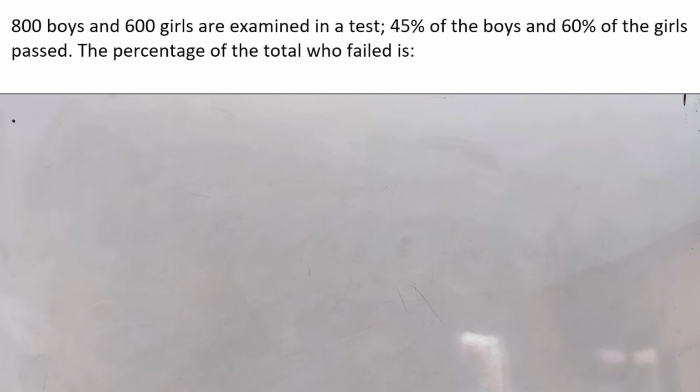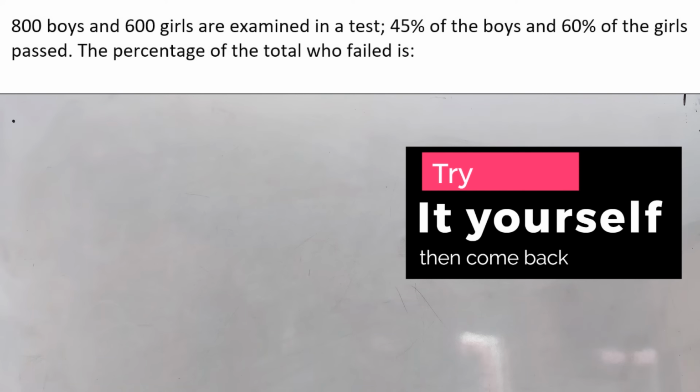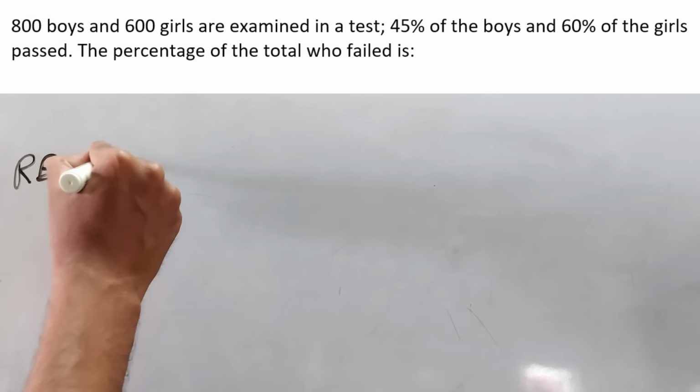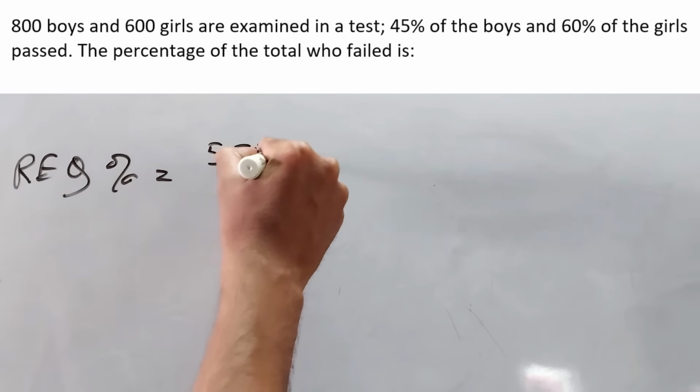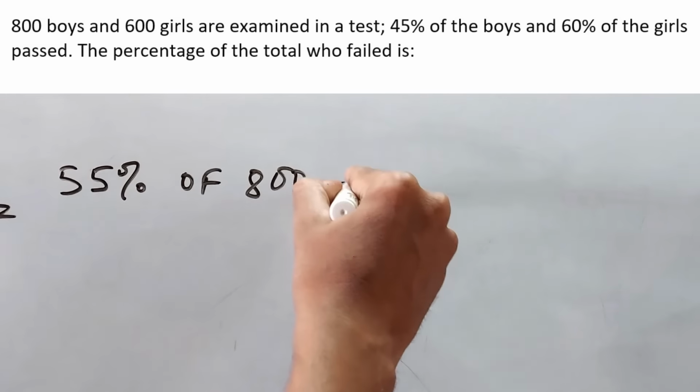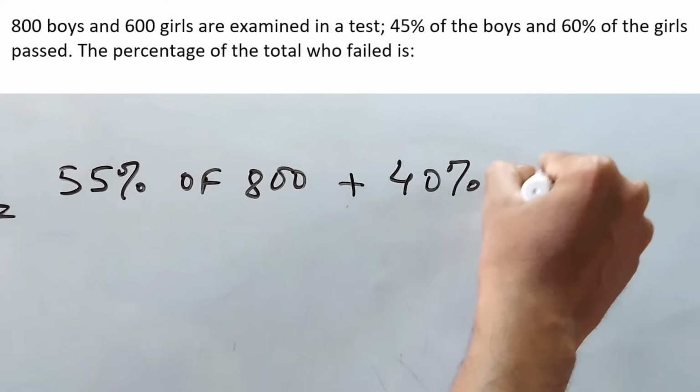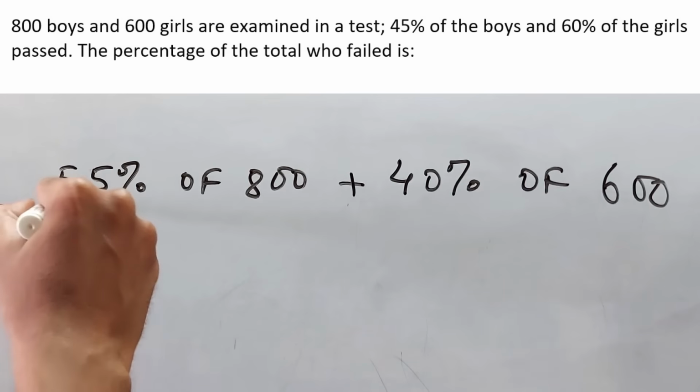Well, this one is very important. 800 boys and 600 girls are examined in a test. 45% of the boys and 60% of the girls pass. The percentage of the total who failed is... Required percentage is 55% of 800 plus 40% of 600 divided by